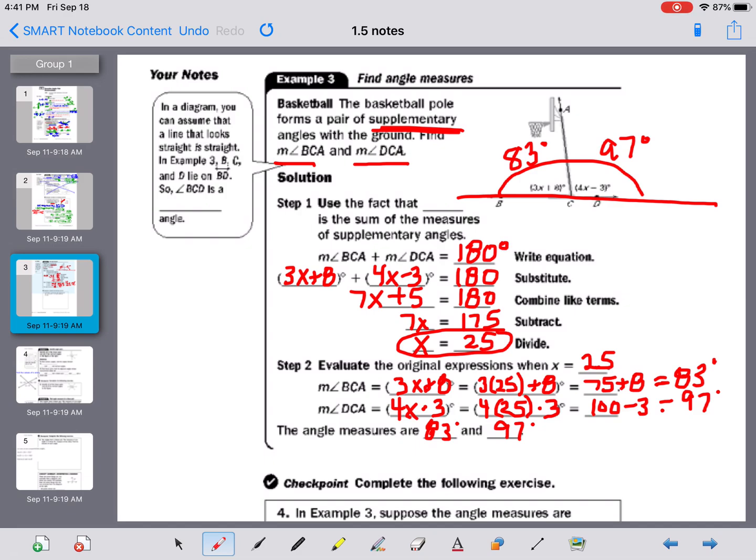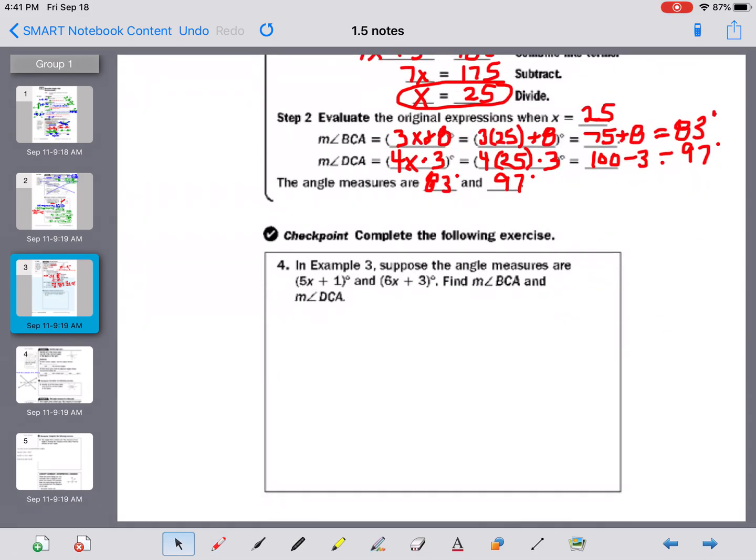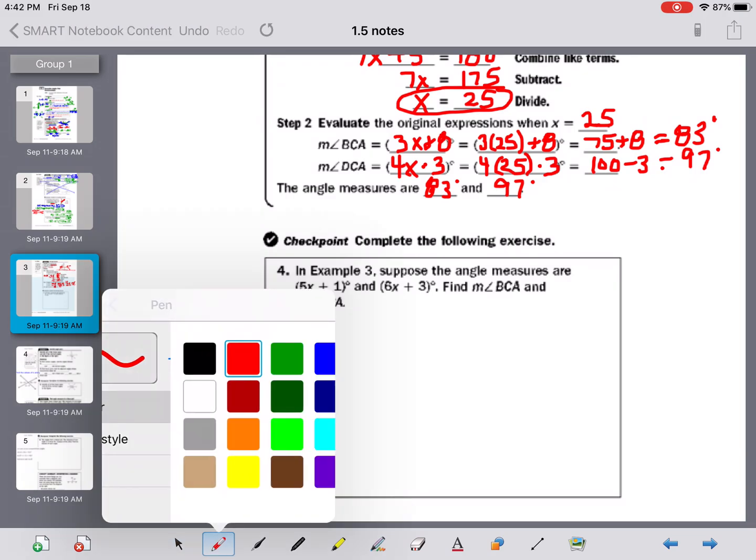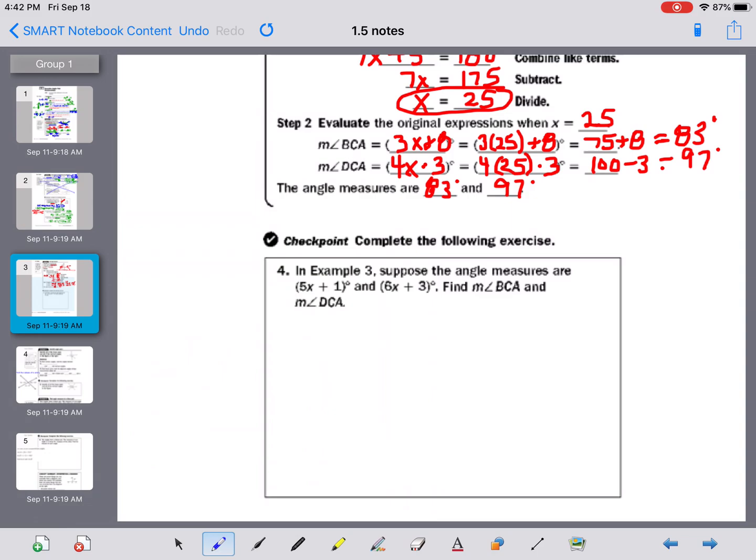We usually think of those hoops being 90 degrees, but it's definitely not 90 degrees in this picture. All right. Down beneath it says, let's try the same problem, just a few different, and see how badly this one is slanted, right? So let's think about it. We still have these basketball hoop kind of slanted this way, B, C, A, and D was this way. This time it says, suppose the angle measures are 5x plus 1, label my picture, and 6x plus 3, find